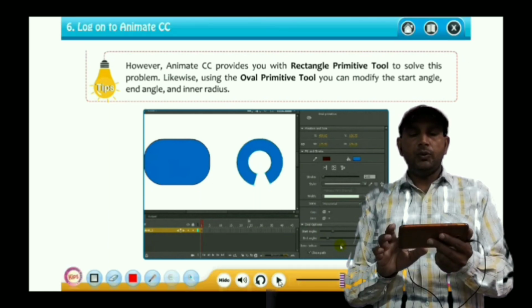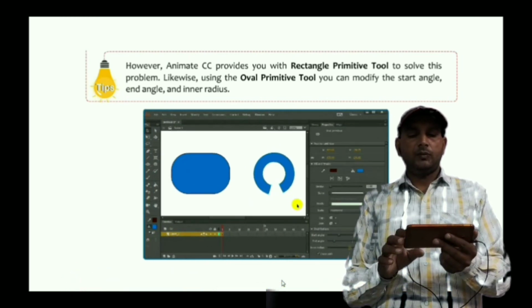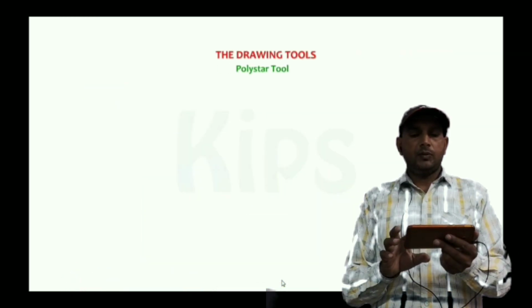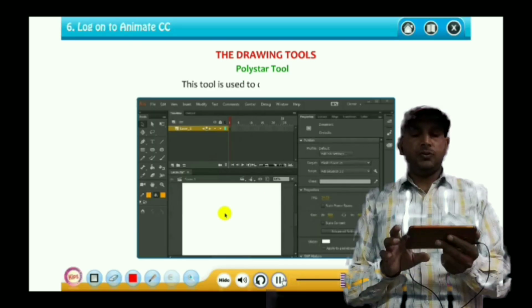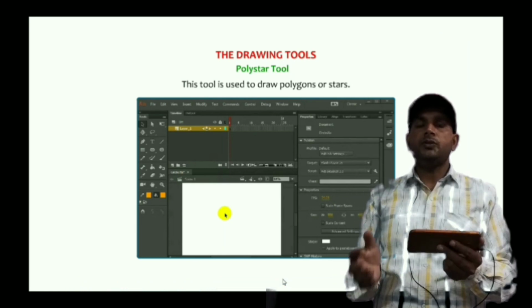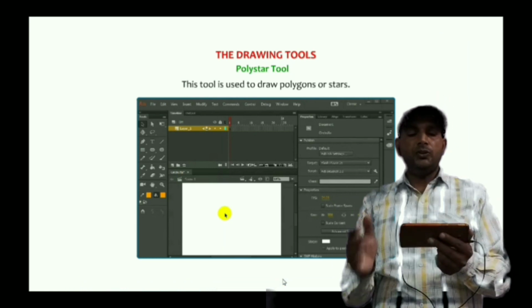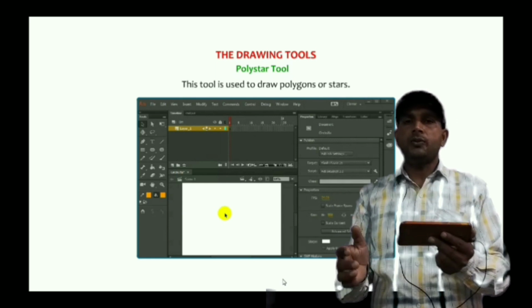Now let's move to the next topic, that is the polystar tool. What is the use of the polystar tool? As the name suggests, the polystar tool is used to draw polygons or stars.